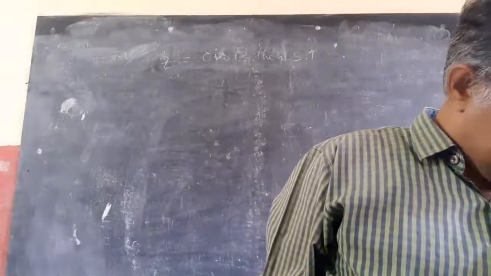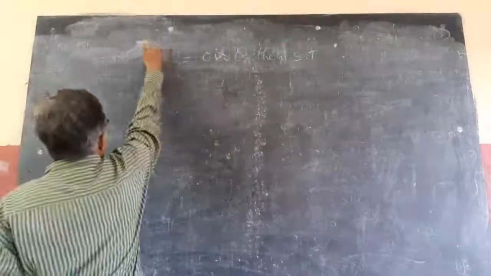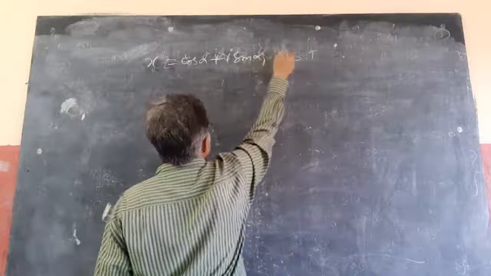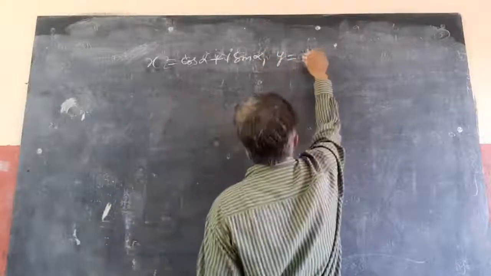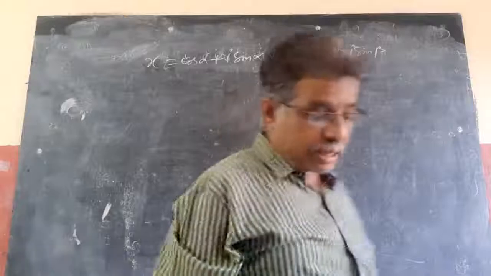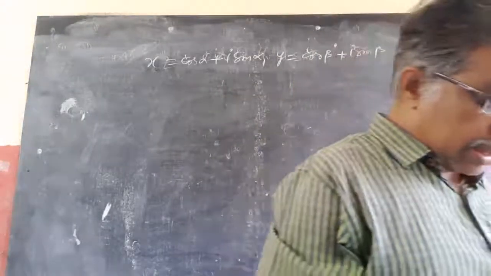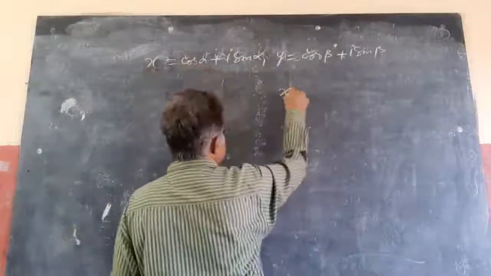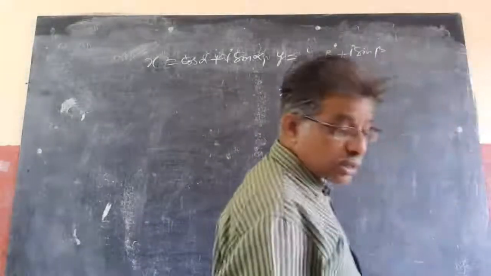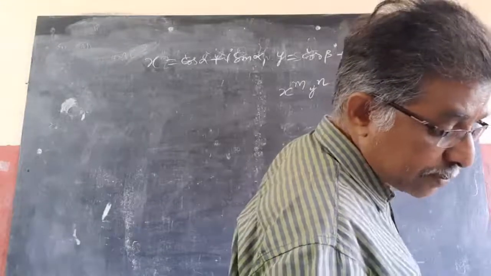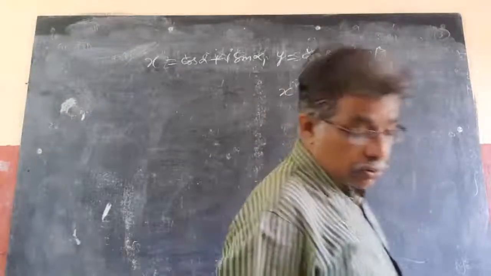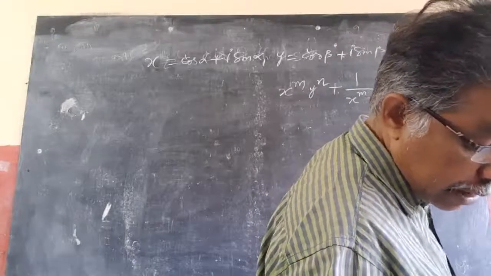Next question. If x equal to cos alpha plus i sin alpha, and y equal to cos beta plus i sin beta, then prove that x power m into y power n plus 1 by x power m into y power n equal to 2 cos